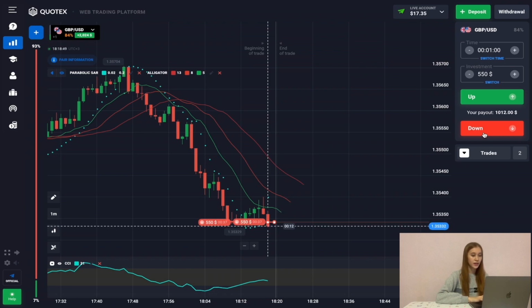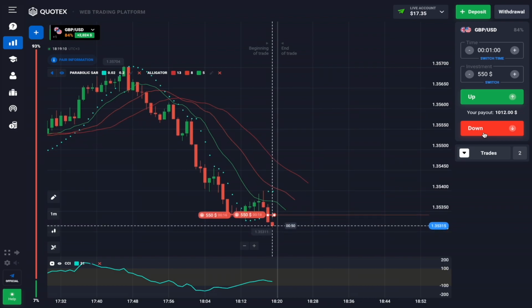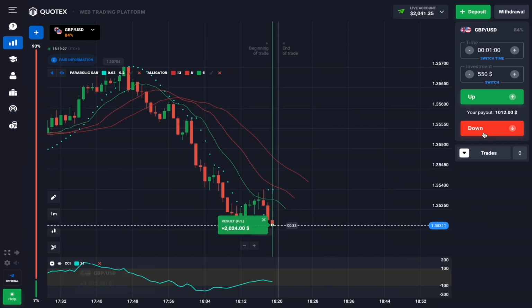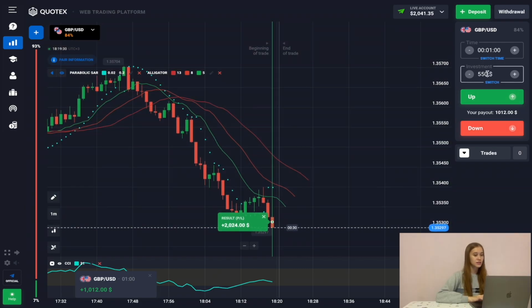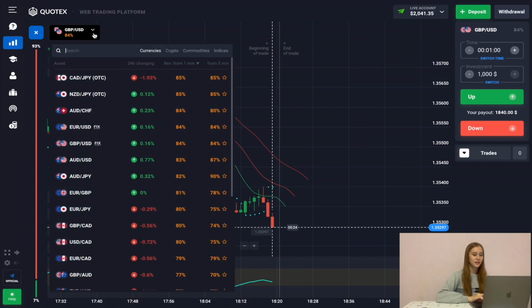So let's wait for our trade to close. So we close our trades successfully and move on. Let's open our double trade for a decrease in the price here,